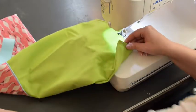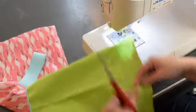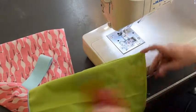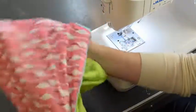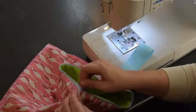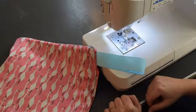So now you'll want to trim any loose threads. And then tuck the lining back in the bag. Make sure this corner is pushed out, zip it up, and now you have a wonderful finished wet bag